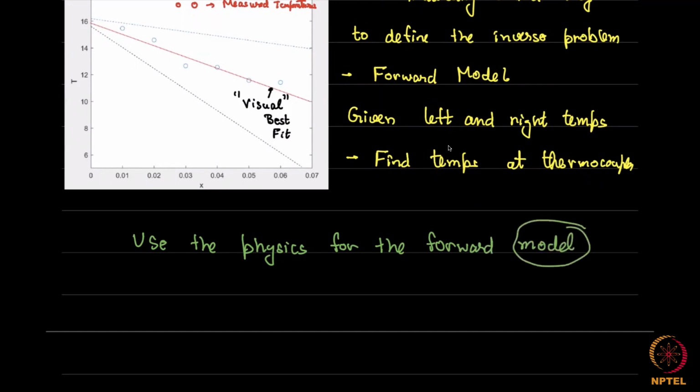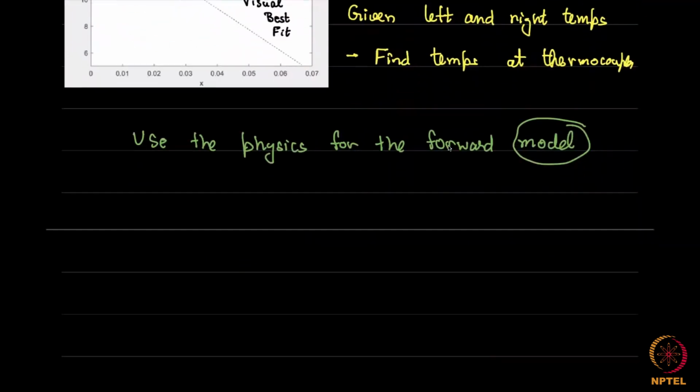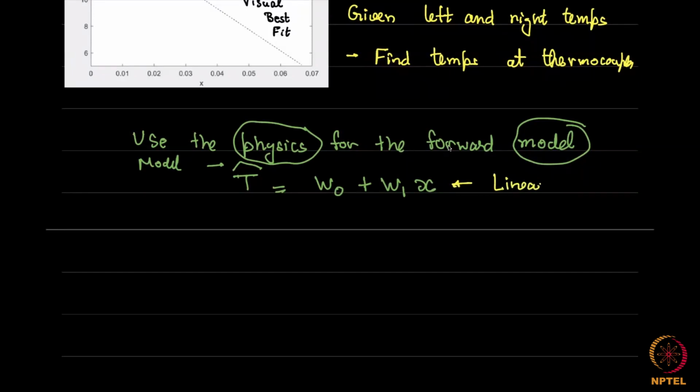Okay. So this is a model, and the physics says as follows. The physics says temperature, I'm going to put a hat here. The hat denotes a model. So temperature is some parameter plus some other parameter times X. This information comes from the physics of the problem. Notice that since this equation is linear, we call this a